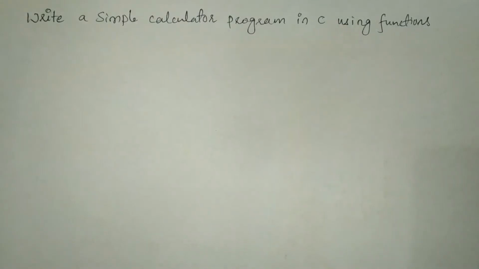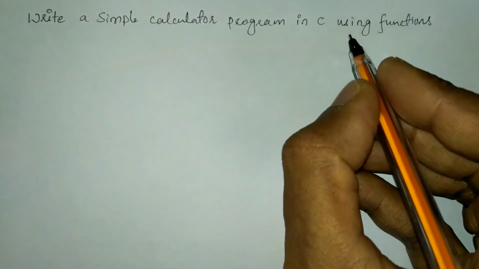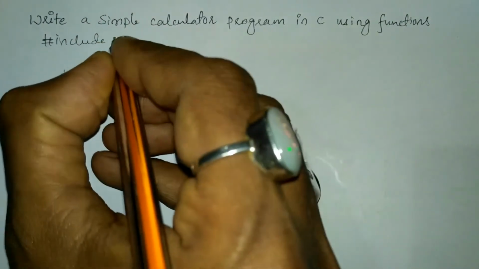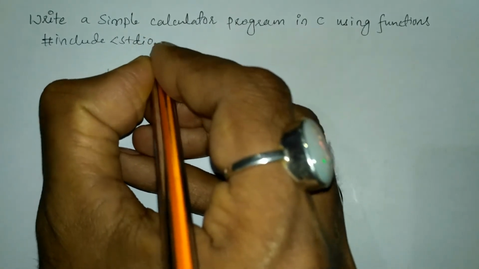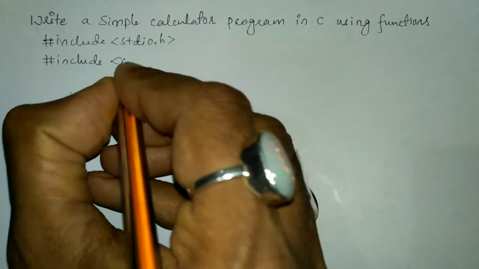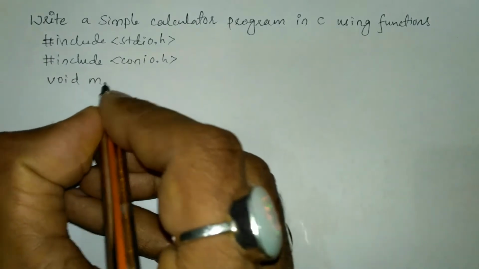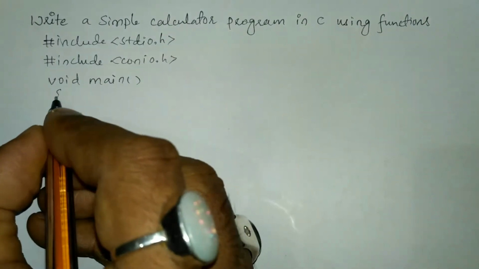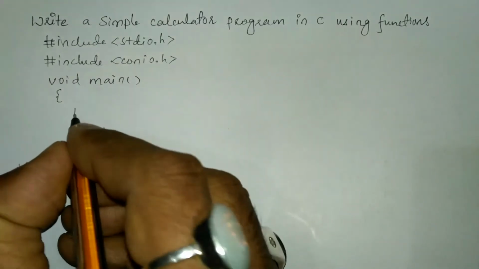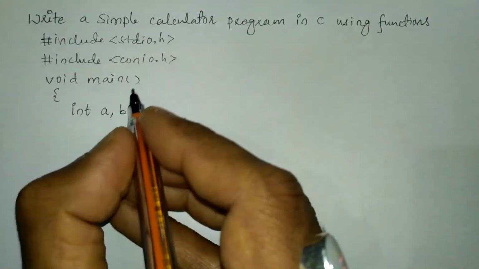My name is Hanumant Ladwa, and in this video we are going to write a simple calculator program in C using functions. Let us write preprocessor directives: #include <stdio.h> #include <conio.h>, void main function, curly open brace, and here in the declaration section I'm going to declare two variables of type integer: int a, b;